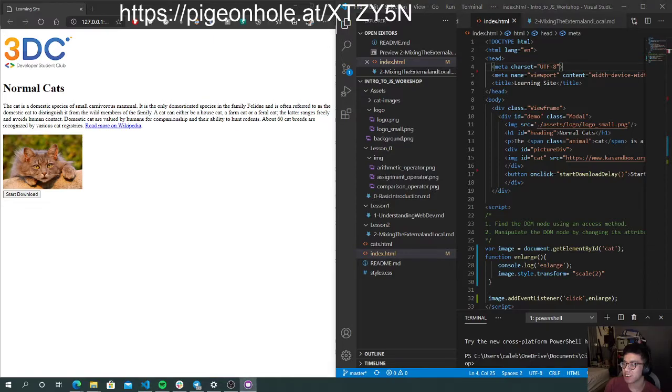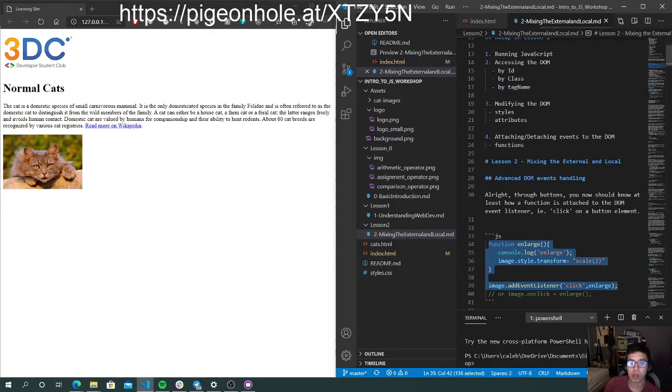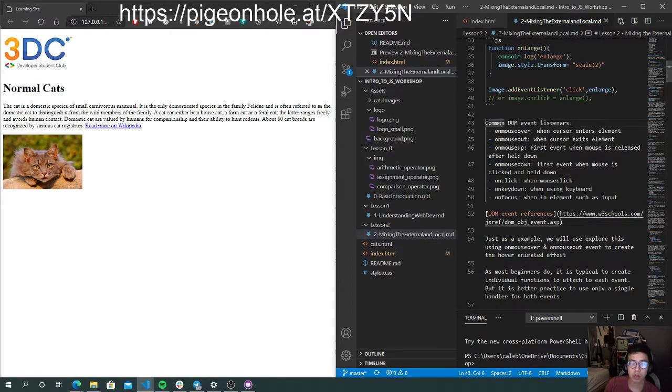website stuff. Alright, so you don't actually need the CSS, so we're just removing all of it. Okay, let me remove this too. We don't need this for now. Alright, so in accordance to this, we are moving on to seeing how you can attach DOM event listeners, and these are several common DOM event listeners. So onmouseover, onmouseout, and onclick, onkeydown, which is using keyboard, onfocus when you're actually in the focus, which means